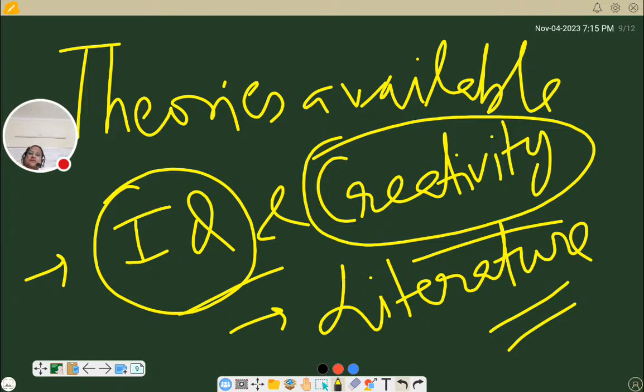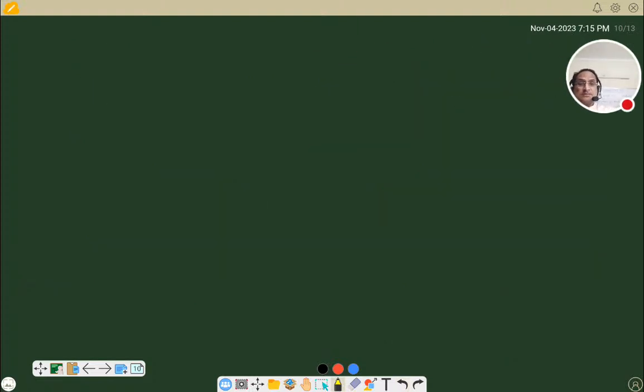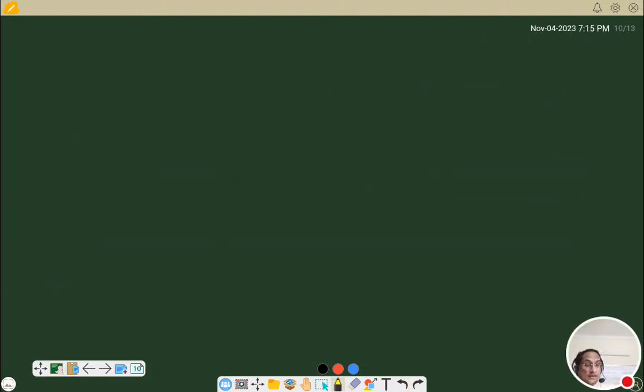So, what are these concepts? The researcher will do the thorough investigation. The researcher will see the theories around IQ and creativity. Then the researcher will come up with a problem statement. What is the problem statement? The problem statement will be